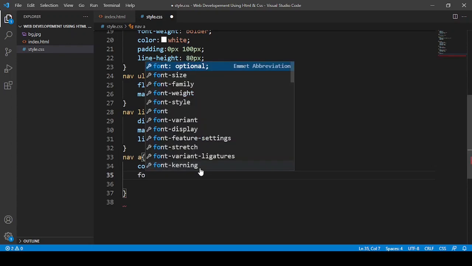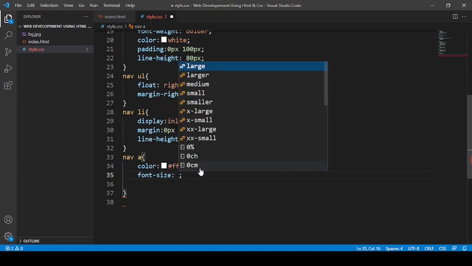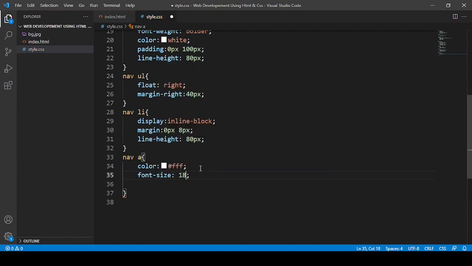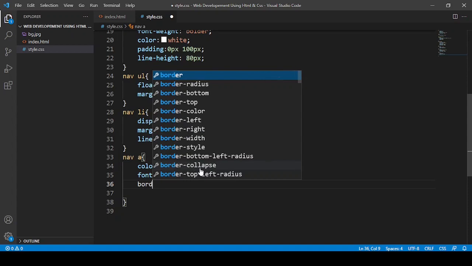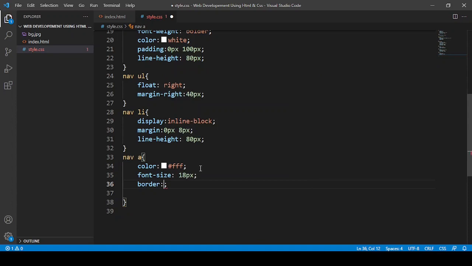And then I'm going to say font size. Since it is Arial font, I'm going to give font size something like 18 px. Then I'm going to give here border. If you want border, it's your choice. There is no hard and fast rule that you must write the same code that I'm writing here. You can do as you choose. Here I'm going to give the border as transparent because I do not want the border. While hover I can make it visible or something like that. So in the border I'm going to say 1 px solid